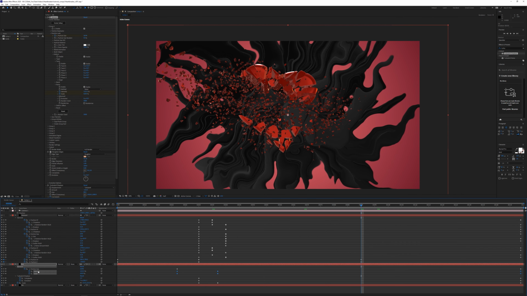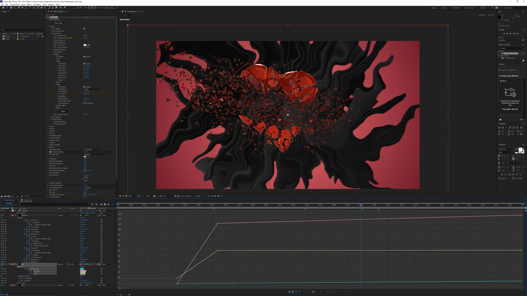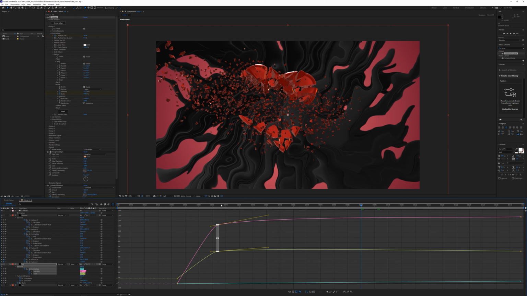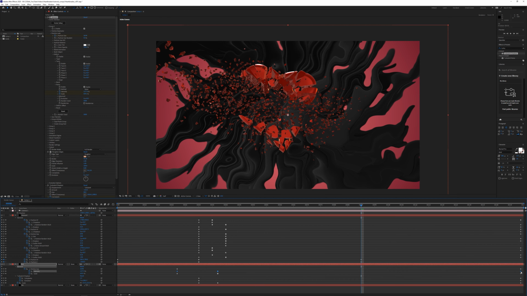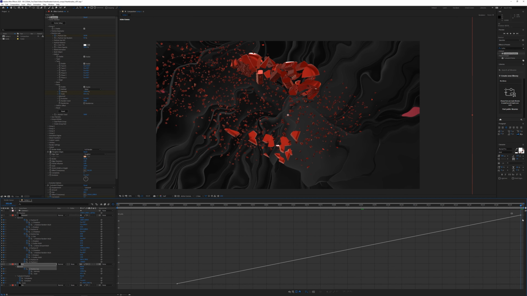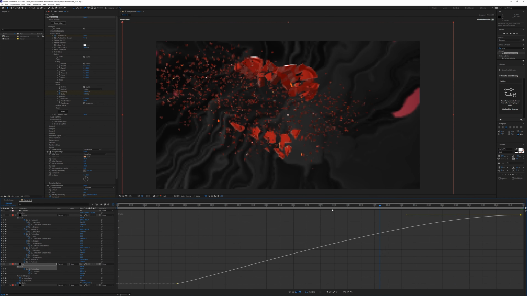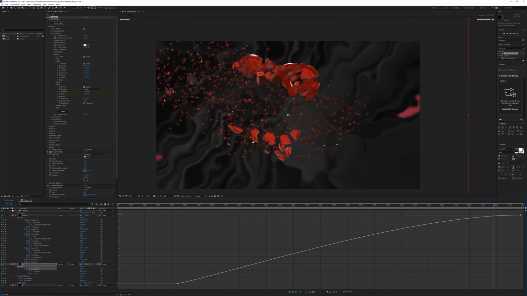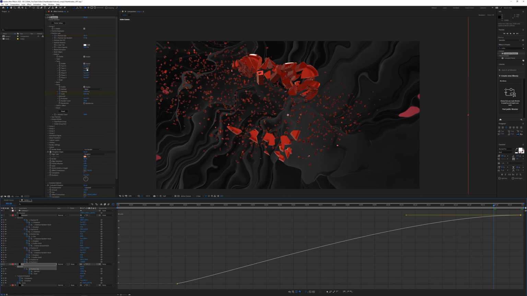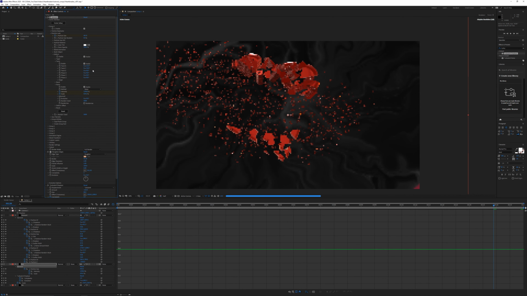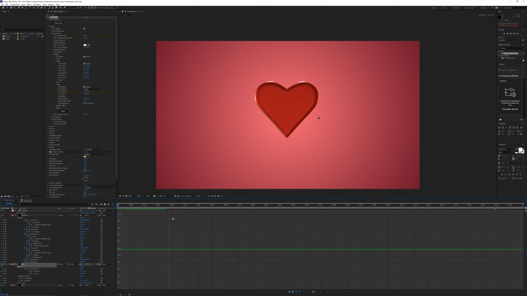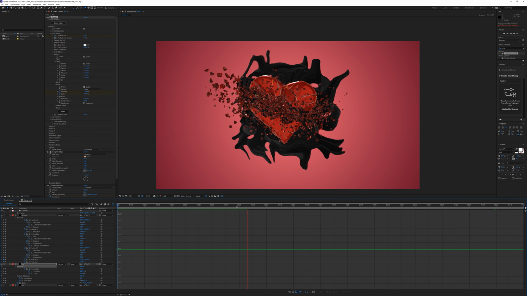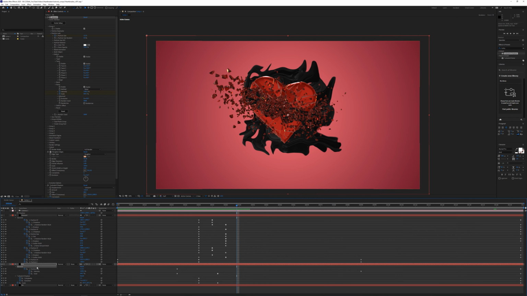And then for all 3 of these channels here on the element, I'm going into the graph editor, selecting these points here, and I'm going to use the auto Bezier again to smooth out that position. And then for the intensity, I'm just going to drag this keyframe over so the intensity can stop right here at frame 90. On the particle size, I'm going to ease this value in. And then we can add just a little bit more twist, so it's twirling around a little bit more by going into the Y position and changing that to something like 35 degrees. So around the heart, right after the explosion, I'm just going to tweak some of these settings just so I can make the ink just a little bit larger.